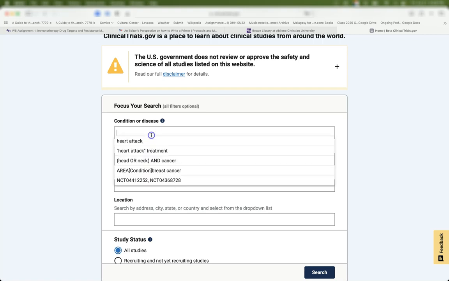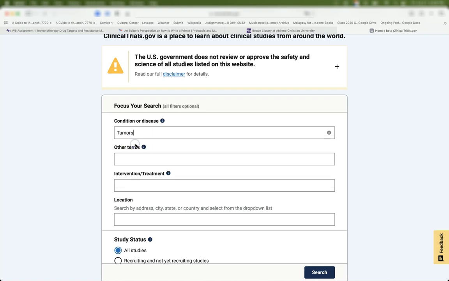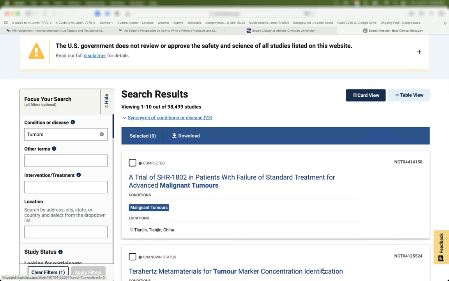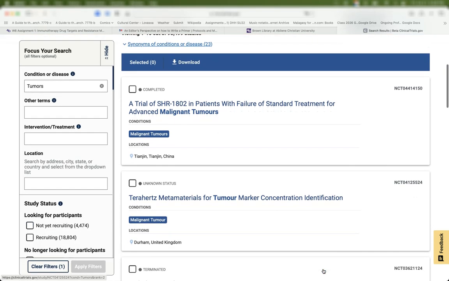And so you might do a search here, and let's search for tumors. And okay, let's go ahead and do a search for that. Now we have almost 100,000 results. That's far more than we want to be investigating. We can do some things to